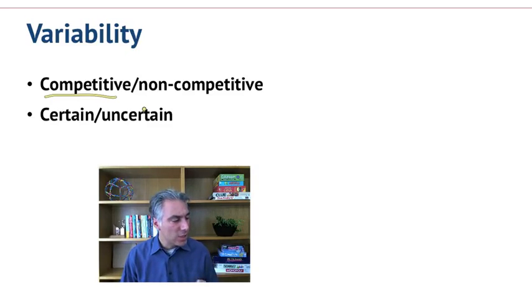The second dimension that can make rewards variable is how certain the reward is. If you know absolutely that a reward is contingent upon something, then the reward may be variable in terms of how much that activity takes place. But it's not variable in the sense that you are certain once the trigger happens, the reward will follow. But the alternate circumstance is where there's some randomness involved. There's some level of chance, and you're not certain that you're going to get the reward even if you engage